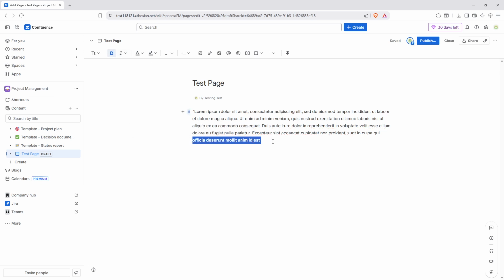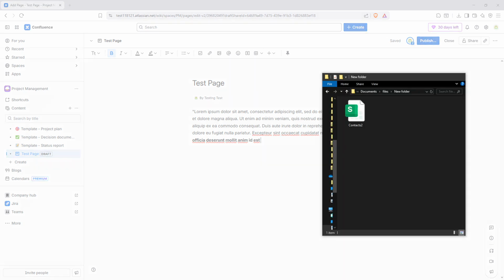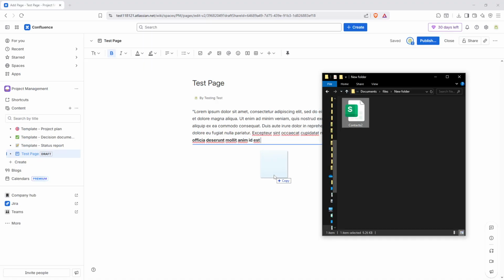Have some files or media to include on your page? Feel free to drag and drop them directly into the page. This feature is quite handy and supports various formats, making it easy to enhance your pages with different types of